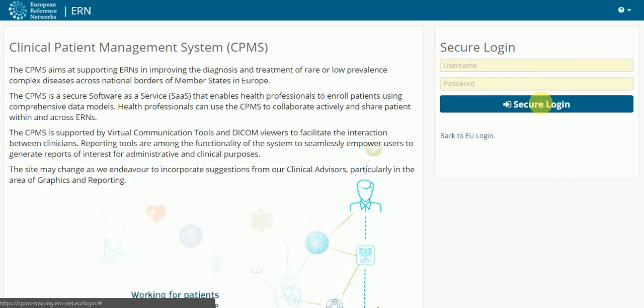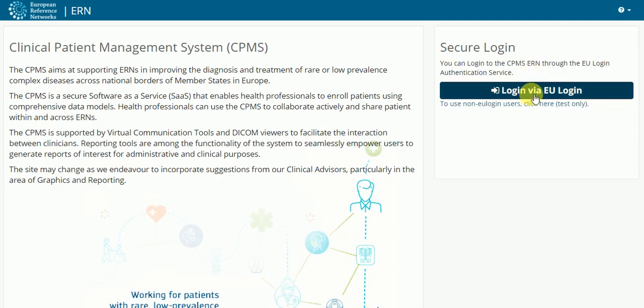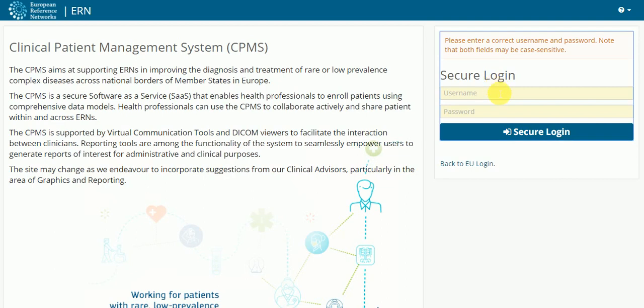So now I will go and log in as Dr. 2 and check the invitations I got from Dr. 1, and we are both working in the same ERN, ERN-EYE, but we are working in different centers. So Dr. 1 works in France and Dr. 2